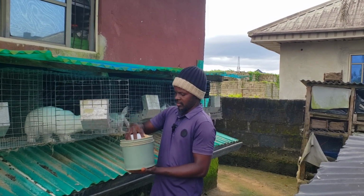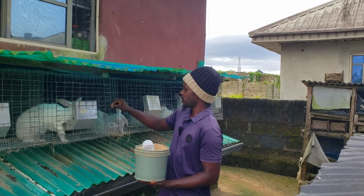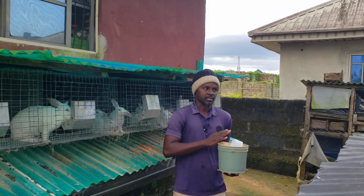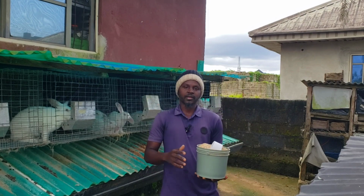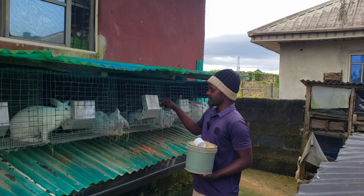Now, obviously, the difference between a meat rabbit and a breeder stock is varying, especially in prices, and there's a reason